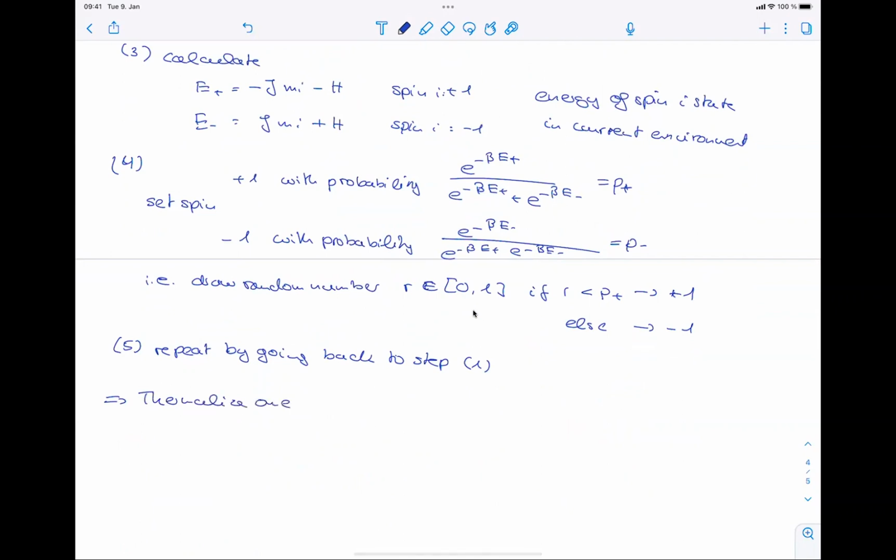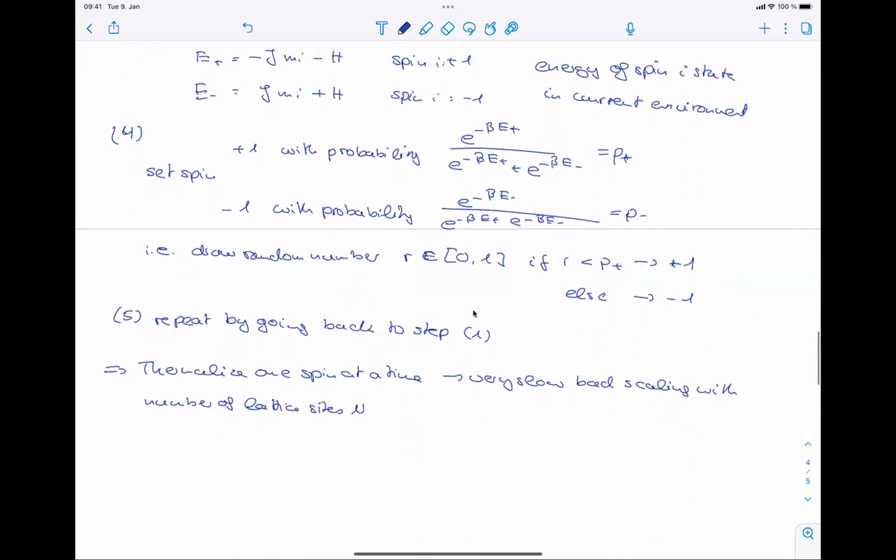So here we thermalize one spin at a time. It's very slow. It has a bad scaling. Therefore we need better